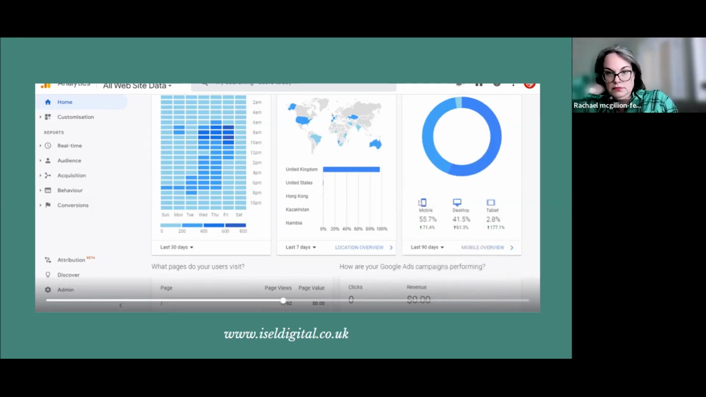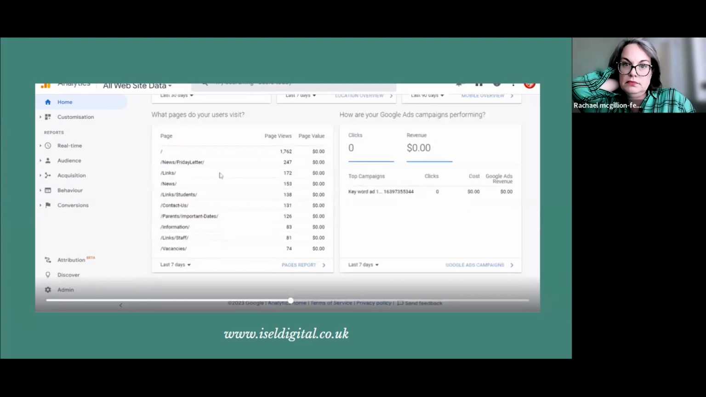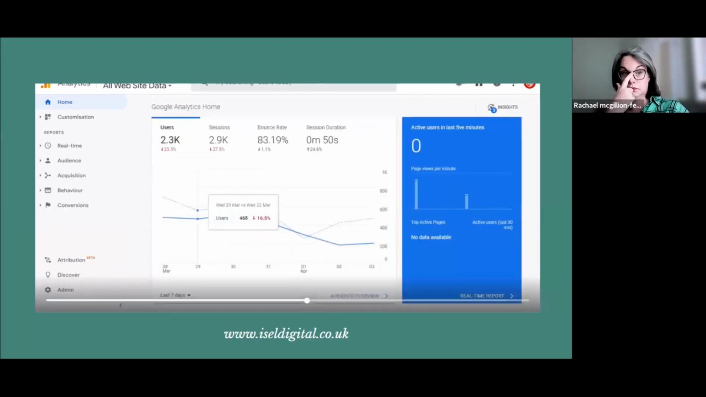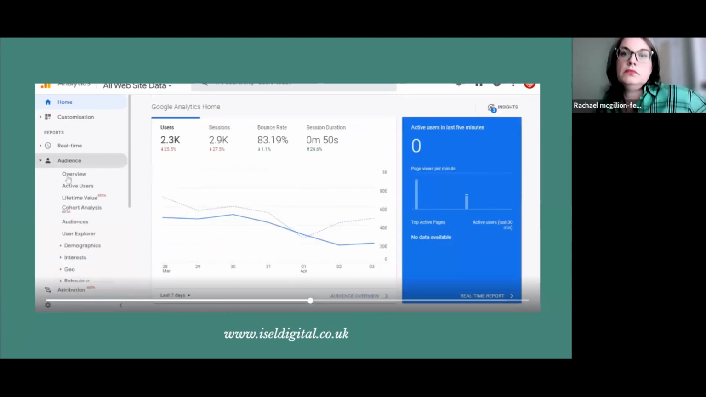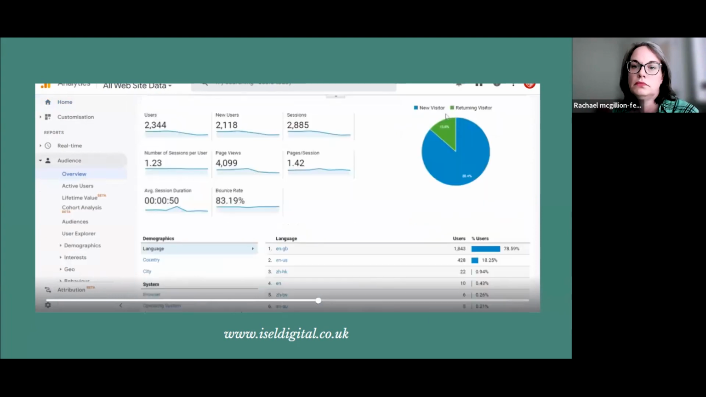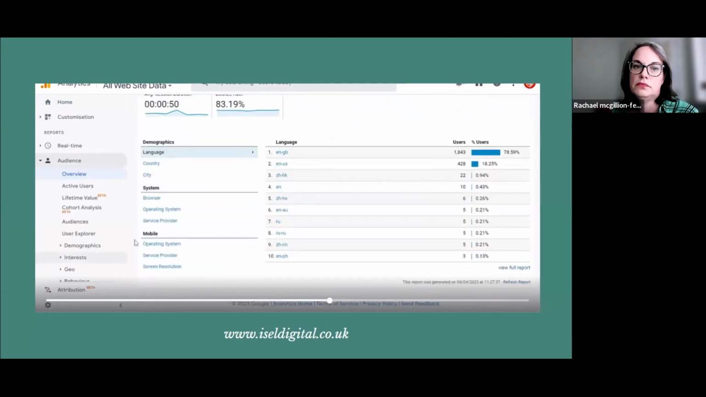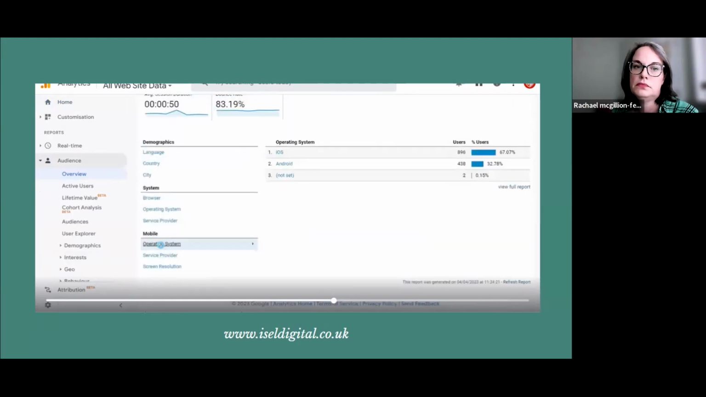To be able to look at that, if we look at that, it gives us a bit more. Data's gone down for reasons, and it tells you the pages that they're looking at. Page value, obviously, we've got no value because it's not an e-commerce site. Audience, you can see from here. Overview, new visitors, returning visitors, what language they speak, what country they're in. Operating system, so whether it's Android or Apple,